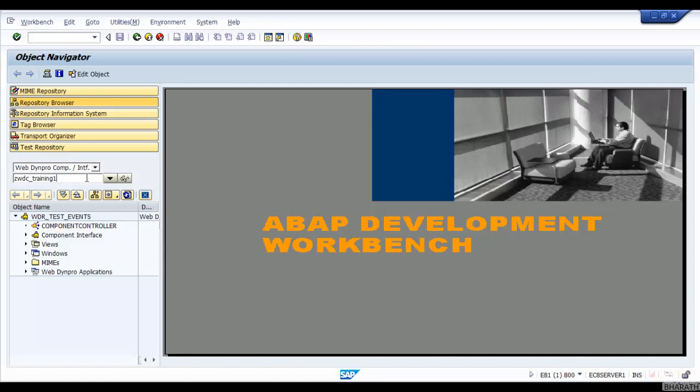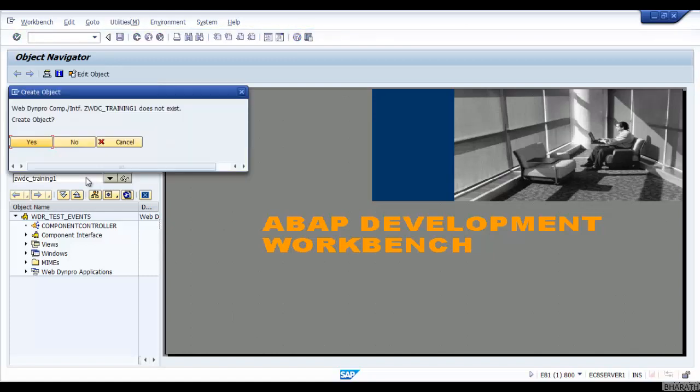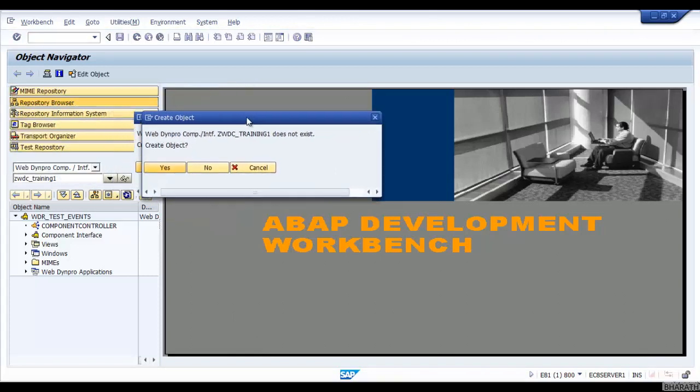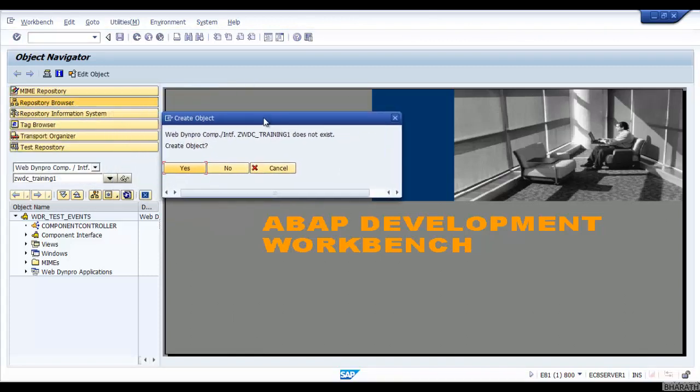Enter the required WebDyn Pro app component name and press enter. It will give you a pop-up: WebDyn Pro app component ZWDC_training1 does not exist. Create object? Click on yes.